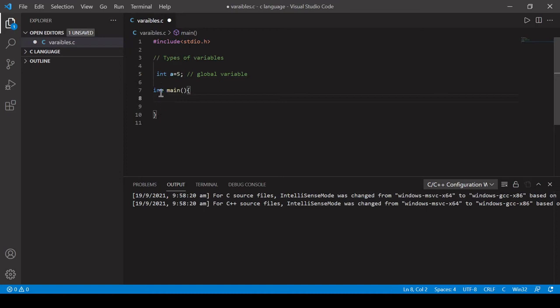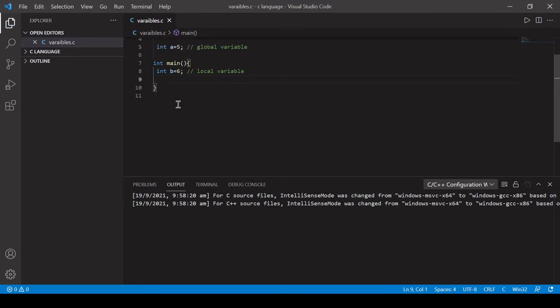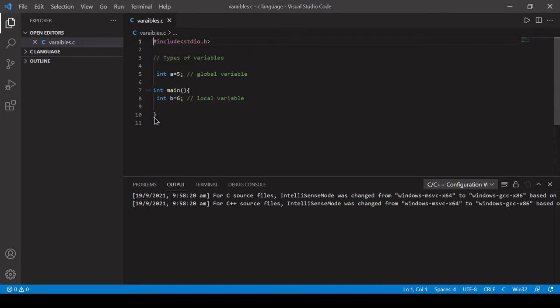A local variable is always declared inside a function or inside a block. So let's say integer b equal to 6. This is a local variable. Its scope will always be till the function is completed. Once the function is completed, this variable is destroyed.